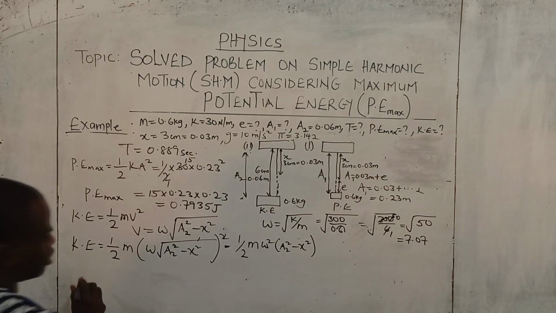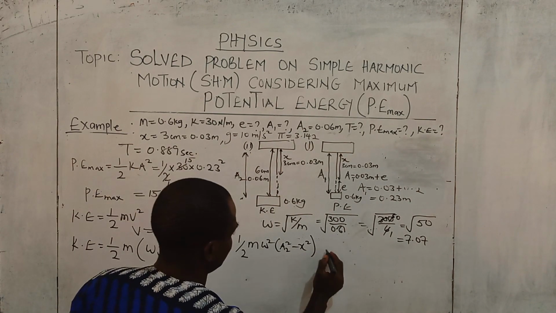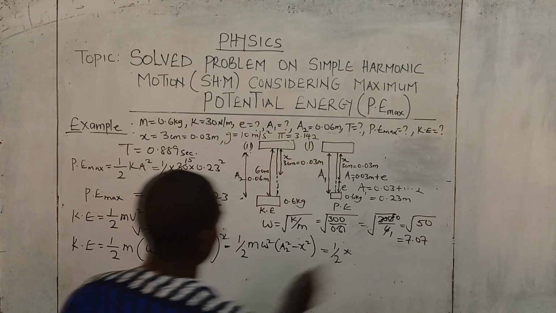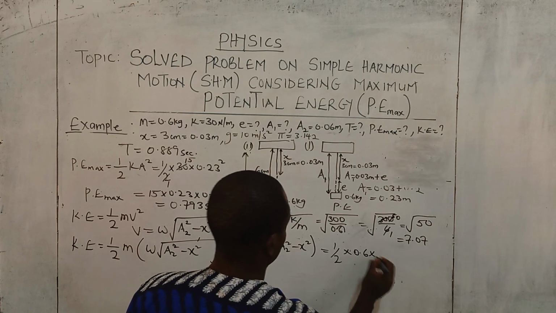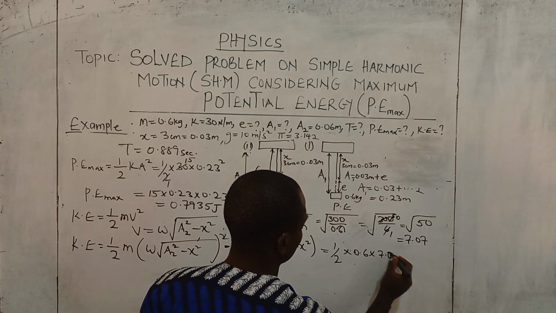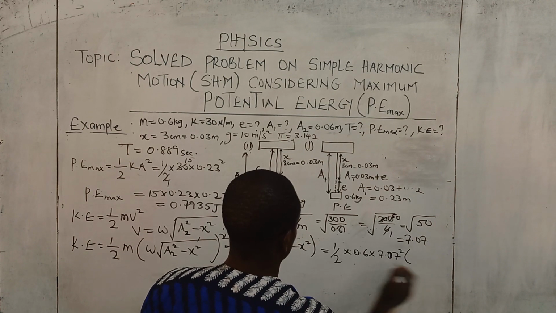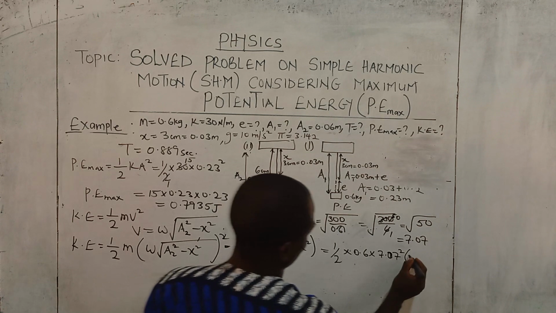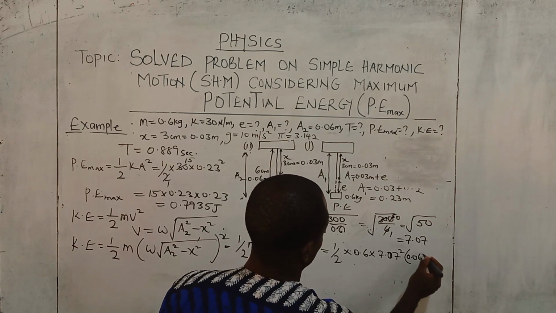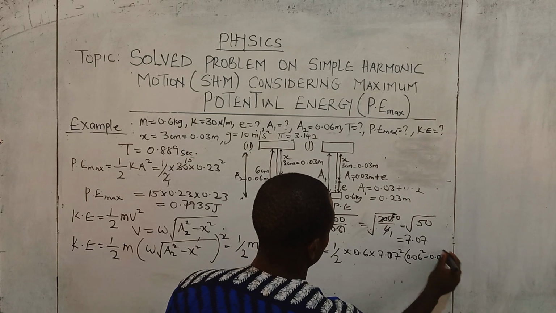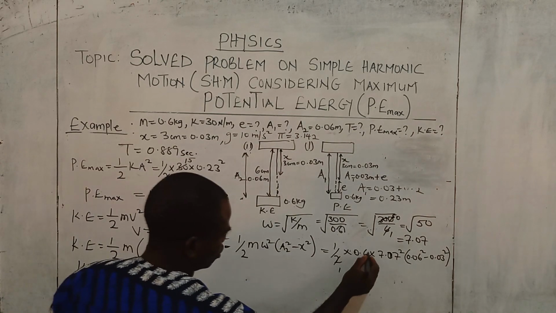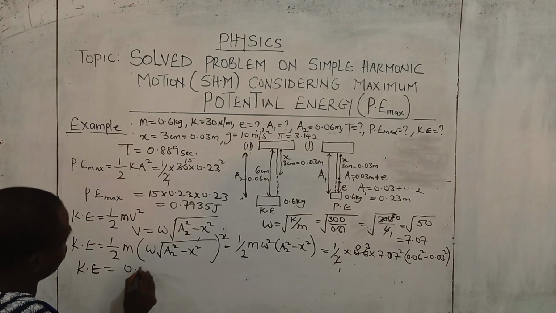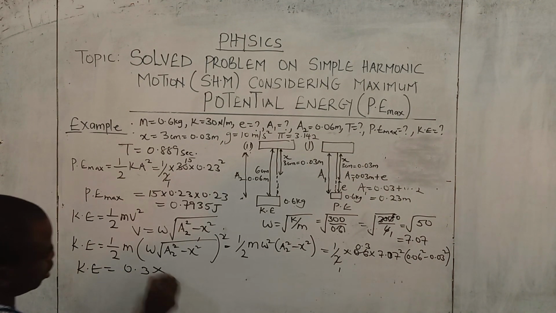Now let's have that one to be half times, what's our mass? Our mass is 0.6, times the angular speed 7.07 squared. Our A2 is 0.06 squared minus 0.03 squared. Kinetic energy now is 2 here, 1, 2 here, 0.3, times. Let's multiply